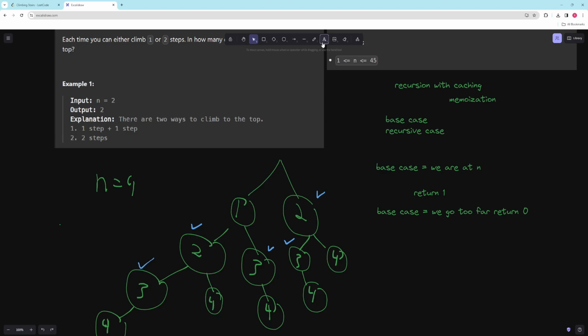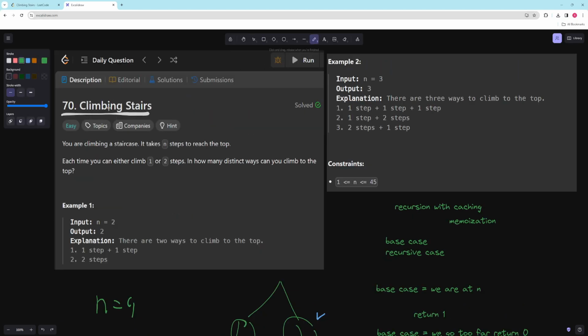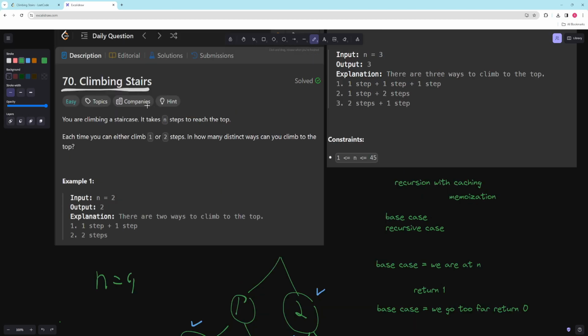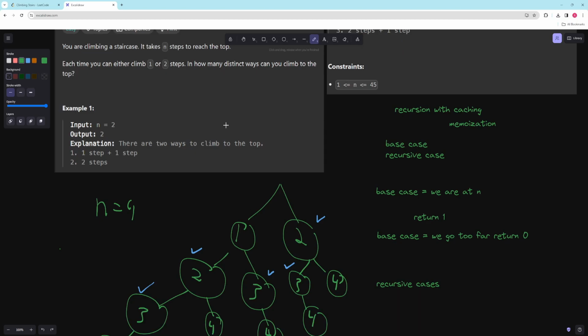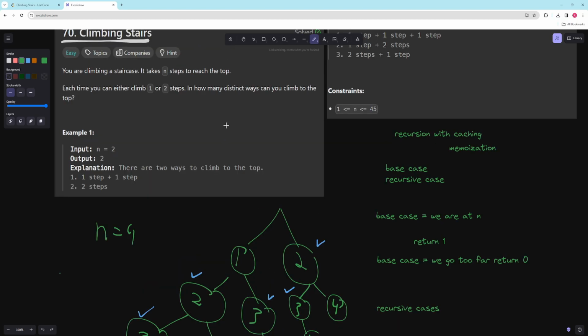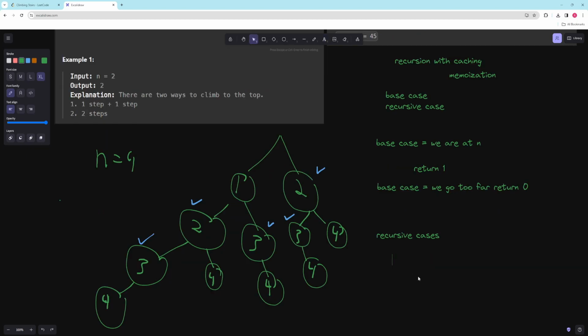Now what we need to do is have recursive cases. So in this problem, basically, you have two choices, and in most DP problems, you will have a few choices. And if you want to count up all the different ways you can do something, and every choice is valid, you basically take the number of results from taking the first choice and the number of results of taking the second choice, and you add them together. So here, we're only going to have one recursive case, and that's basically just going to be add together, taking one step, and taking two steps recursion,